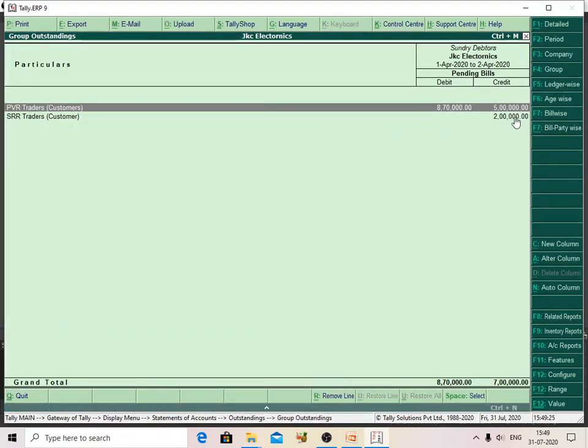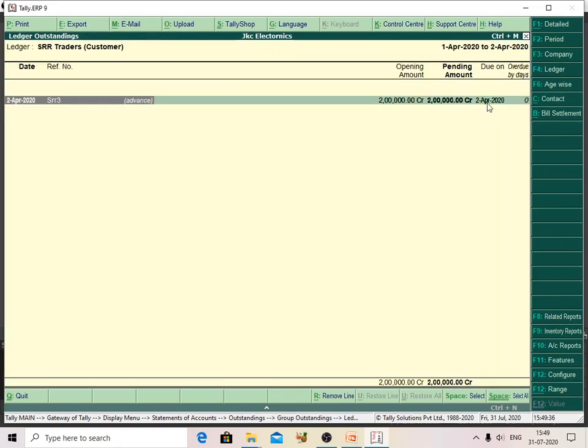Here under Sundry Debtors, the 2 accounts are there. The customer SRR Traders paid 2 lakh rupees. We'll see it in detail also; you can see that he paid on 2nd April as an advance. So SRR Traders as a customer, on April 2nd, 2020, paid 2 lakh rupees as advance.